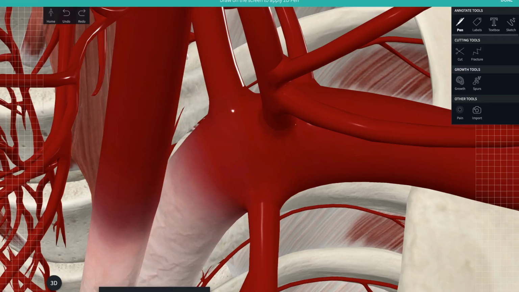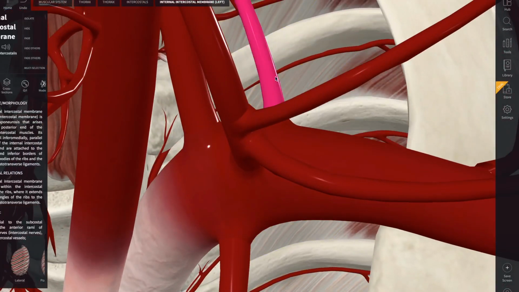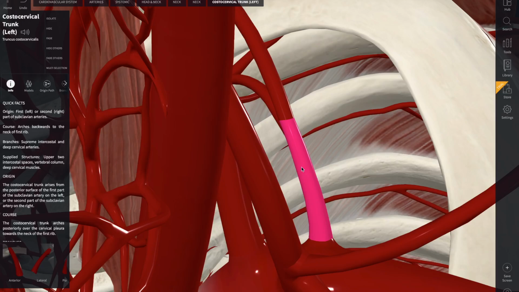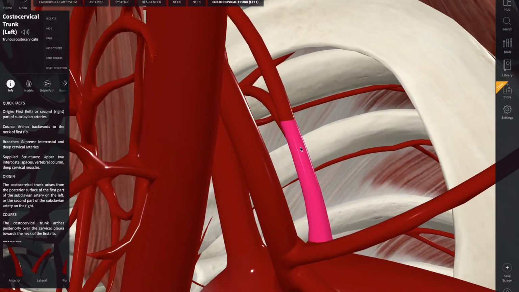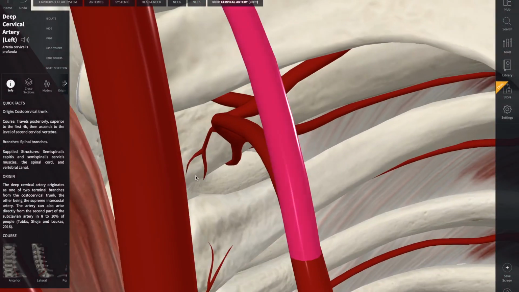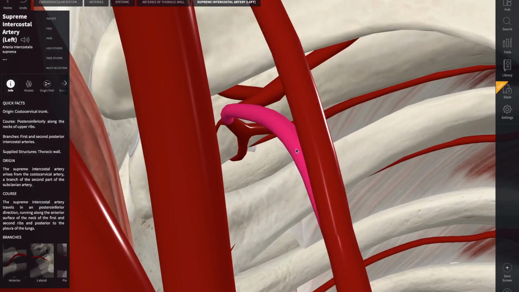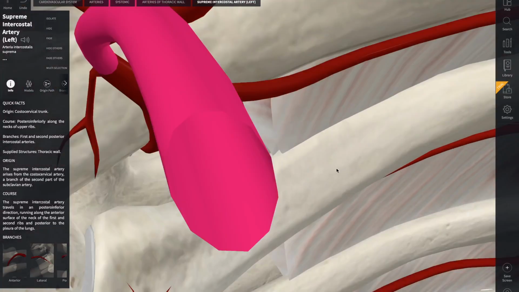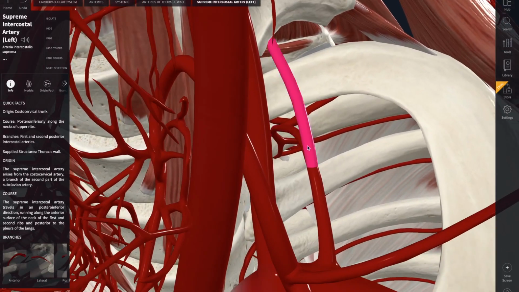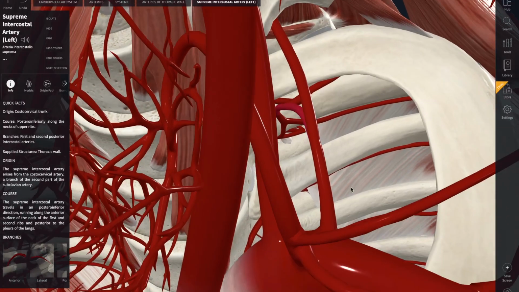So the second and third, beginning from this artery right here, is the costocervical trunk. Now the costocervical trunk is part of the second segment. Now the costocervical trunk has 2 branches, which are the deep cervical artery and the superior intercostal artery. Okay, this is the deep cervical artery here, and the superior intercostal artery is just about here. Or it's called the supreme intercostal artery, sorry, it's the supreme intercostal artery, not superior. The deep cervical artery and the intercostal artery. Now,